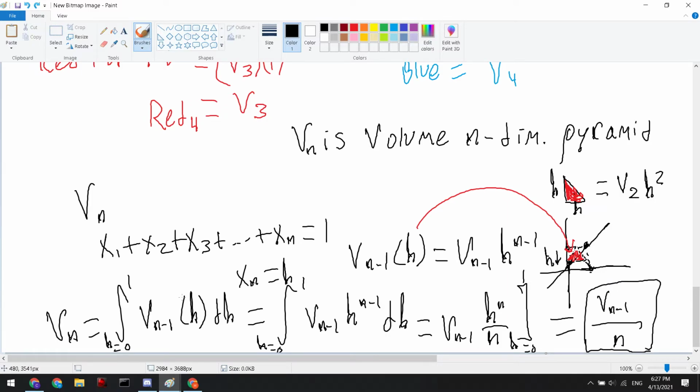And so what you end up with is that you can essentially write Vn as the integral of Vn minus 1 as a function of h integrated throughout the height. So just as you could find the volume of this pyramid by integrating some base area through the height, which I'm labeling as top to bottom because it's a lot simpler,